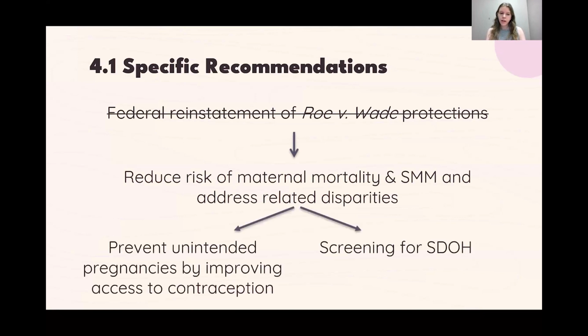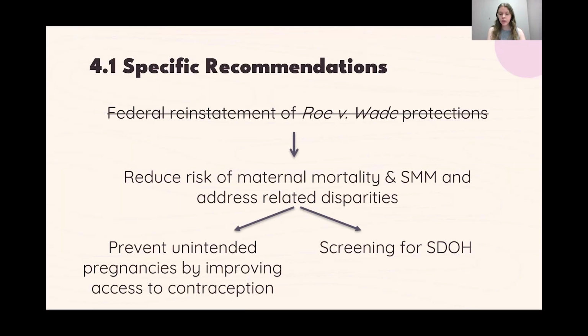The first is to prevent unintended pregnancies by improving access to contraception, because we know that in 2019, roughly 34% of unintended pregnancies ended in abortion. So without access, more people are likely to have to carry their pregnancies full term and run the risk of experiencing maternal health issues. And the second suggestion is to screen for social determinants of health issues at the doctor